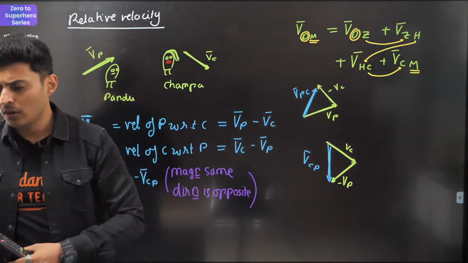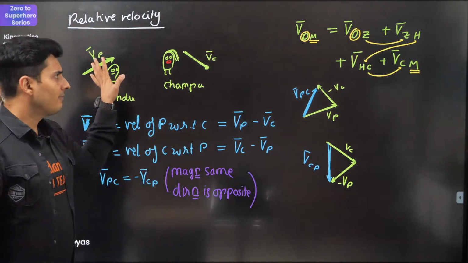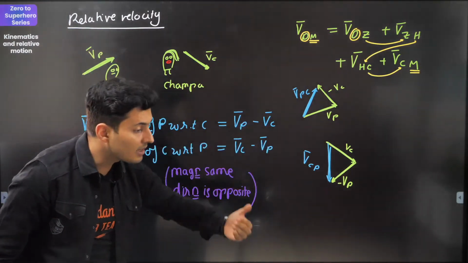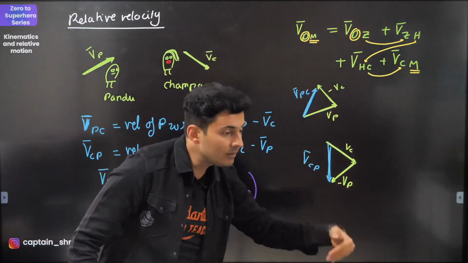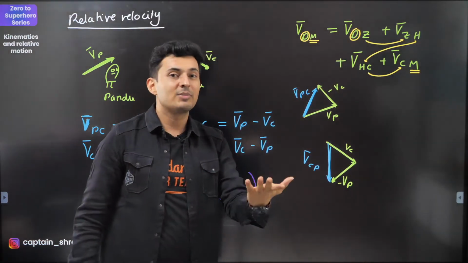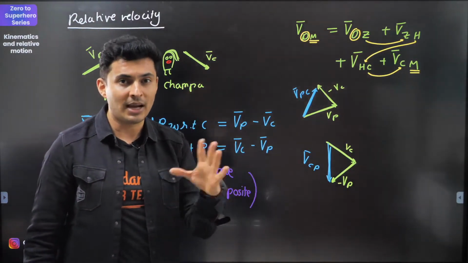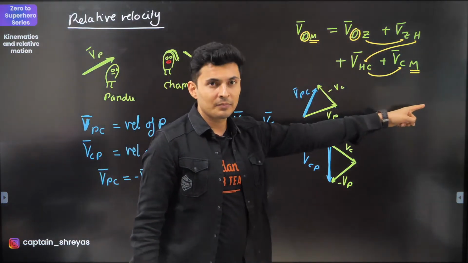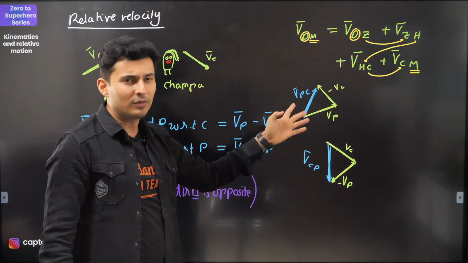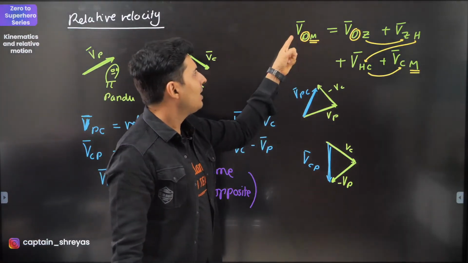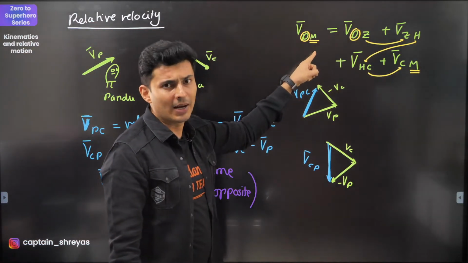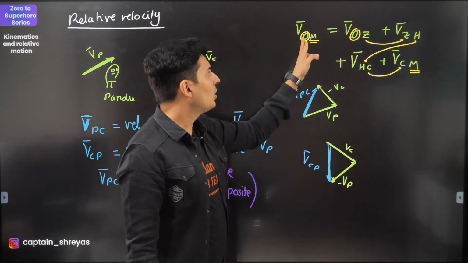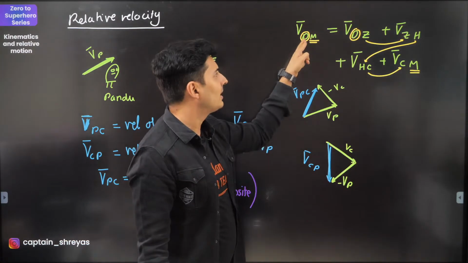Also remember that whenever you know the velocity of something with respect to something, that something with respect to something else, and so on, especially in rain man, river boat, man swimmer problems, remember this trick. It's a very important chain rule kind of trick. Let's say I want to find the velocity of donkey with respect to monkey, VDM. Always start with the first alphabet, D.